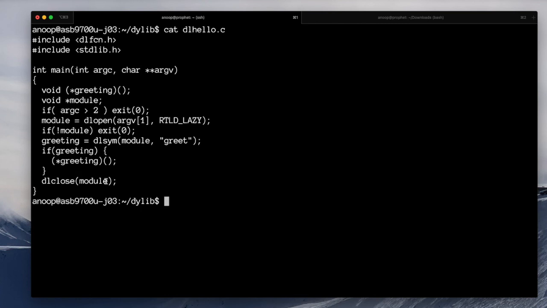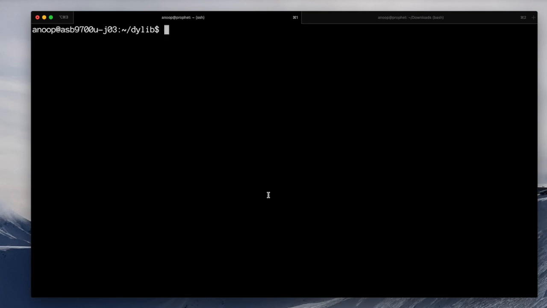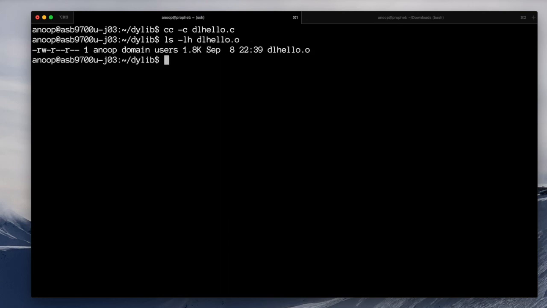So let's look at how this particular, more complicated but somewhat more useful, version of a dynamically linked hello world works. Linking dlhello.c is quite simple. I first just create the object file. So this creates dlhello.o, and the next step is to create the binary, which I'll call dlhello, which